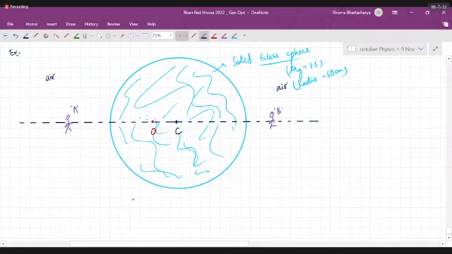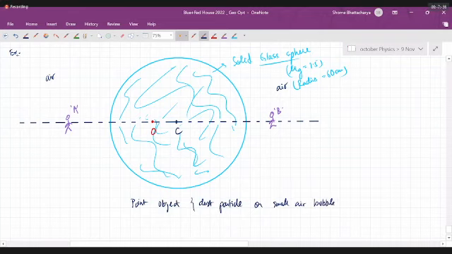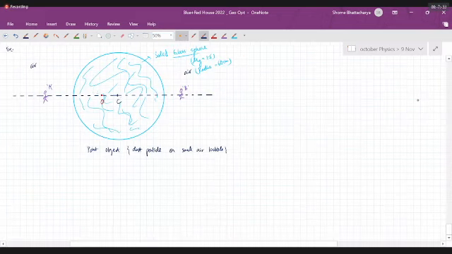So a point object, like a dust particle, or it could even be a small air bubble. When you create a solid glass object, often if there's a defect in the process of blowing the glass, there will be air bubbles. So those can appear like small particles. So a small dust particle or air bubble